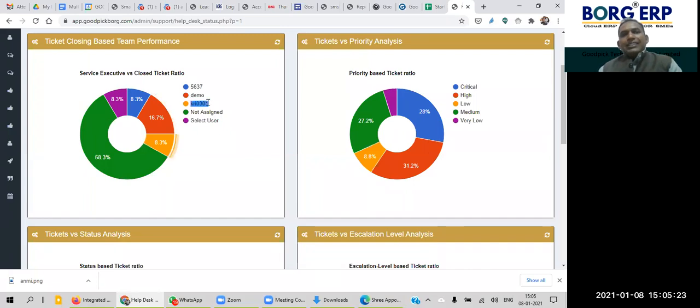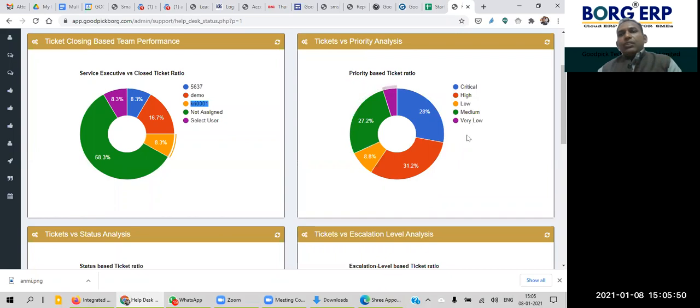How many tickets has that ID closed? One ticket. So what is the performance of the support team, how many tickets they have closed, and how many in time? With these parameters you can ensure your team is working well and the work has been distributed. The same way you can monitor other employees also.